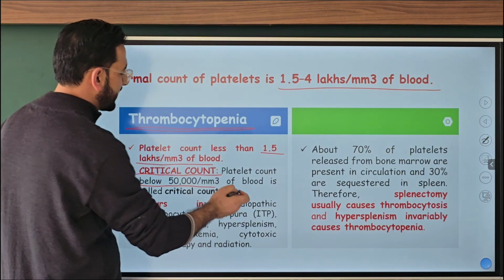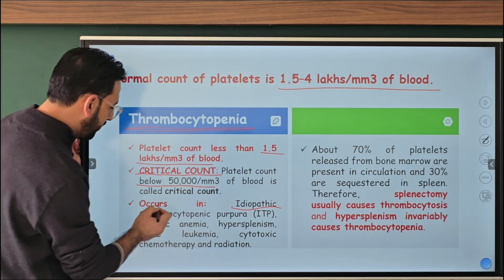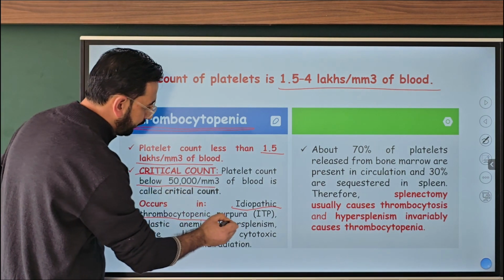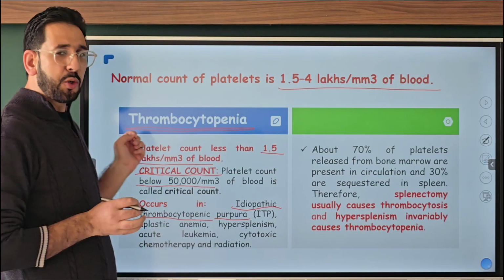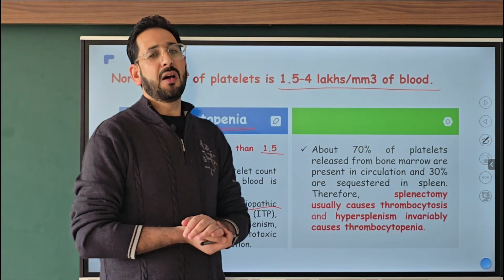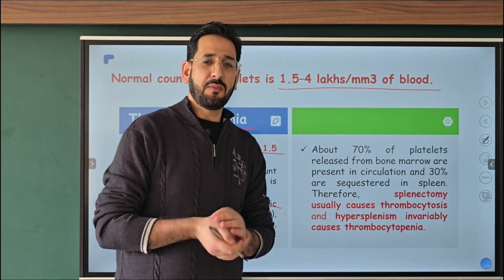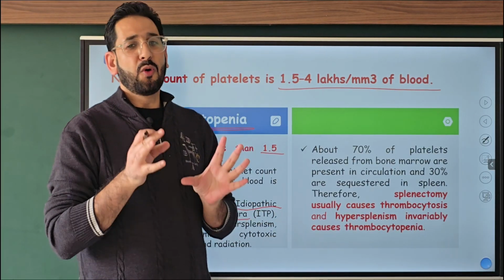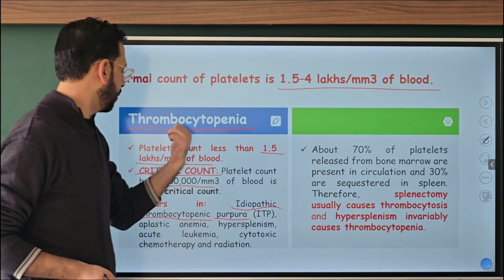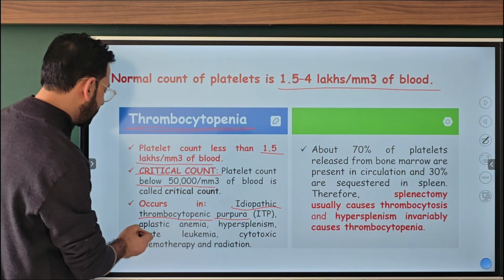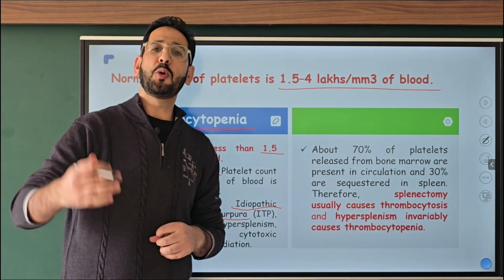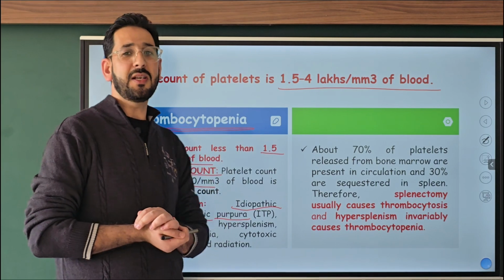The first thing that you have to understand is one autoimmune disorder that is called idiopathic thrombocytopenic purpura. Okay, in this, as it is an autoimmune disorder, auto antibodies will be formed, and those auto antibodies will start destroying these platelets. And what will happen is there will be a decreased count of these platelets, so that will lead to thrombocytopenia. Then there is aplastic anemia. Aplastic anemia, that means bone marrow is depressed and that will produce less platelets, so that will lead to decreased